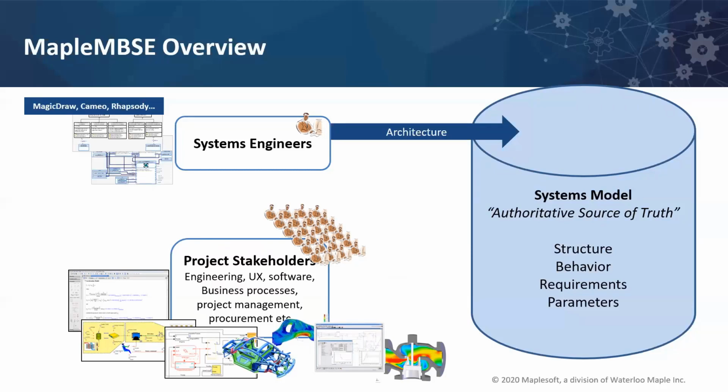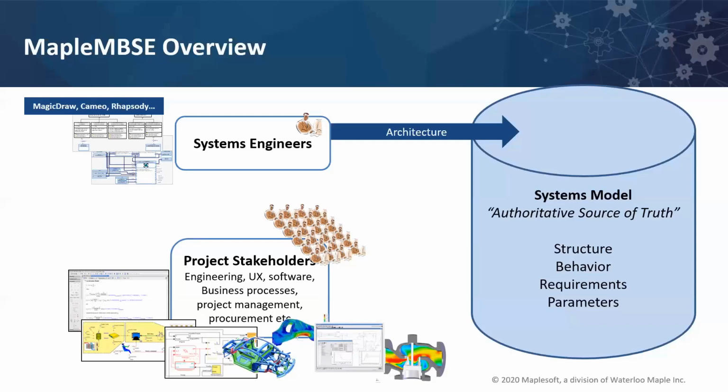This information contains the structures, the behavior, the requirements, and the constraints as parameters of the system model we are going to develop. All this is going to be stored in a centralized repository, so we always have the updated information, and this information is shared across the organization. But the problem here is when you have to involve the different stakeholders, like the safety engineers, requirements engineers, the project managers, etc. How do they collaborate on the system model?